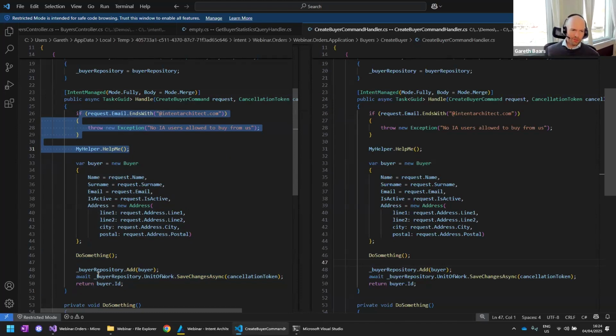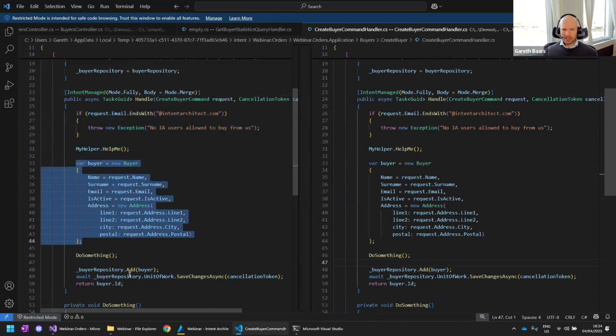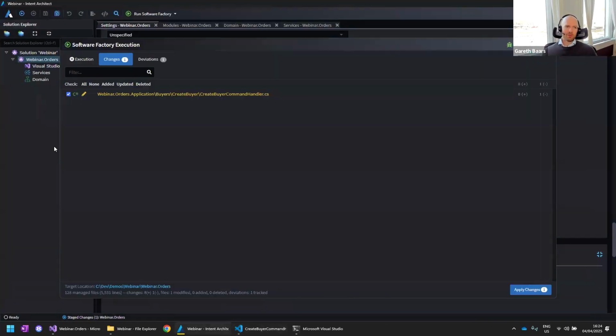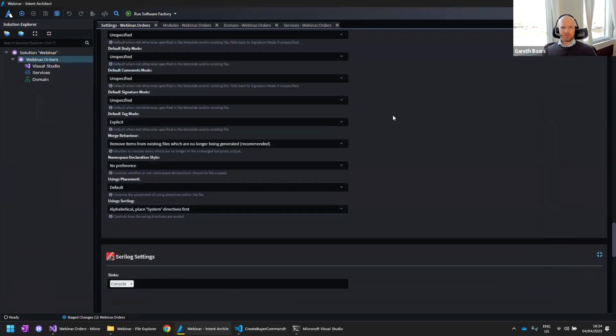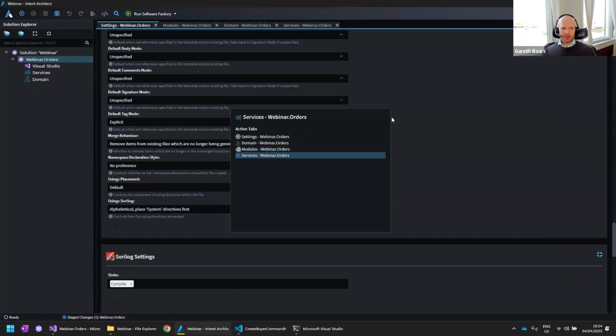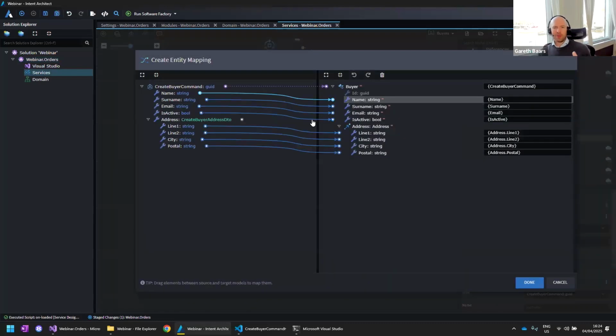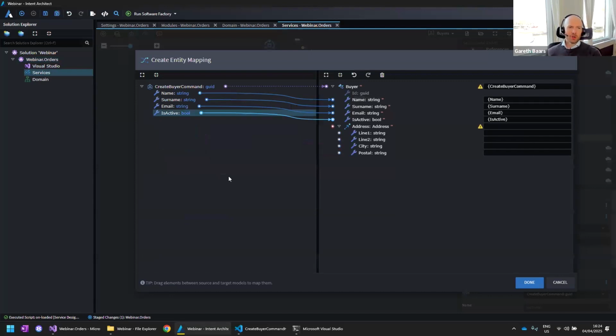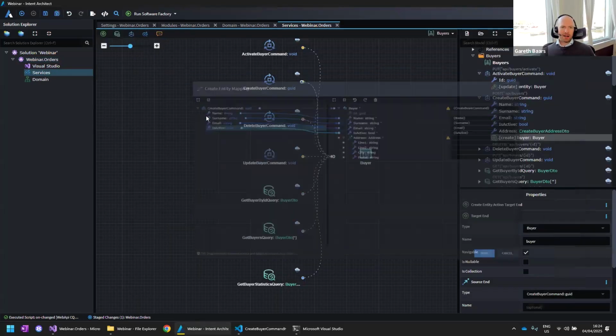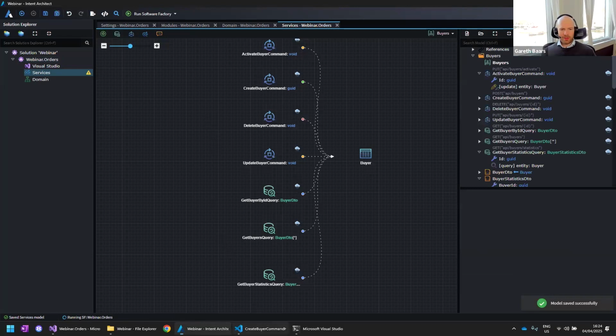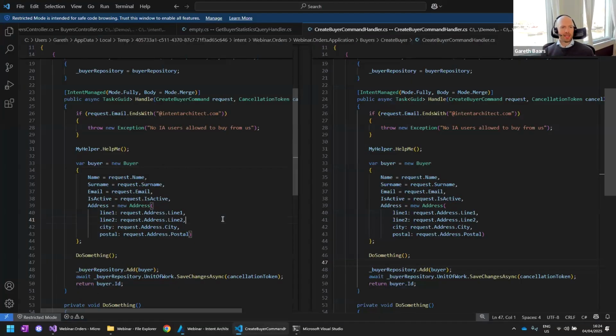So here you can see that all of this code is being left alone here. And this code is actually still, in fact, under management, and so is this code, and this code is being ignored, and so is that. And that's very, very useful, because if we came back to the services designer, and we came into our create buyer, and we came back into how the flow of data is being stipulated, we can say, well, for whatever reason, we don't want to set the address on the buyer. We can say save, rerun the software factory execution, and we can just watch for the update.